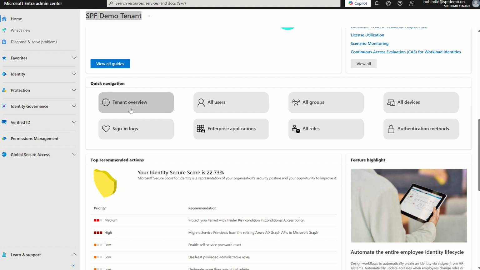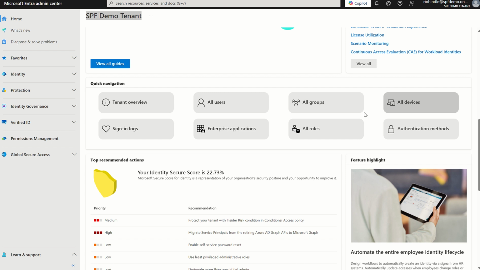.onmicrosoft.com domain. We've got the All Users pane, where we can create user accounts, whether that be fully corporate users, i.e. users who work for your organization, or external users, also known as business-to-business collaboration. We've got the Groups pane, or node, here, where we can create Microsoft 365 security groups or Microsoft 365 collaboration groups, and also Devices, where we can see fully corporate-owned devices versus those personally registered devices, also known as